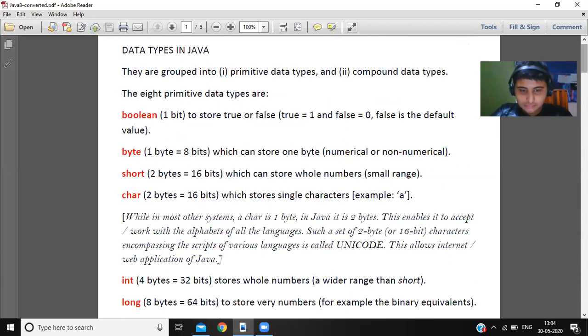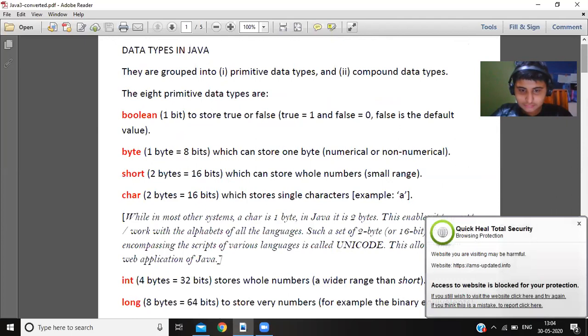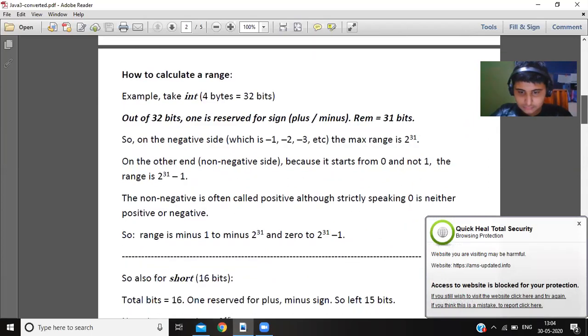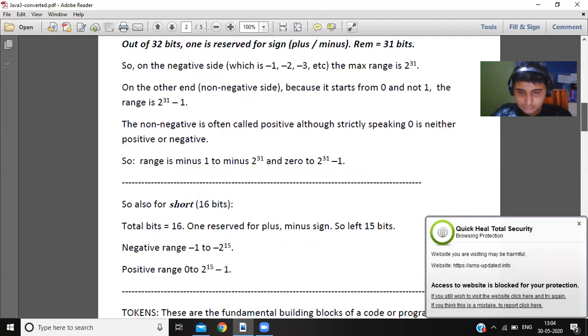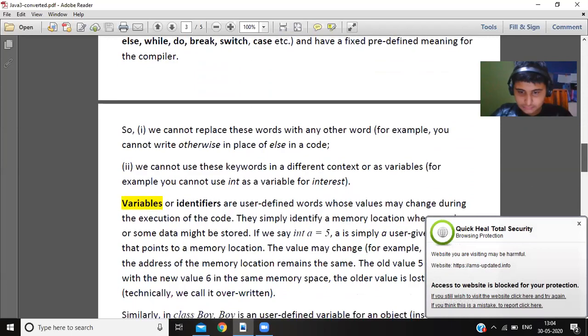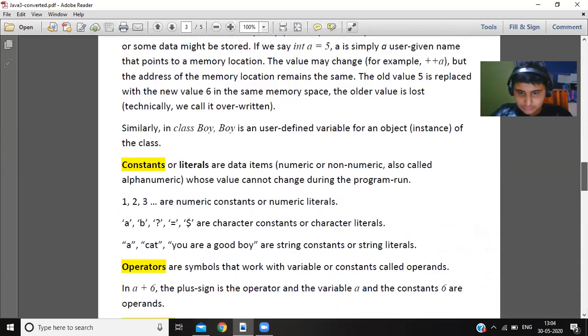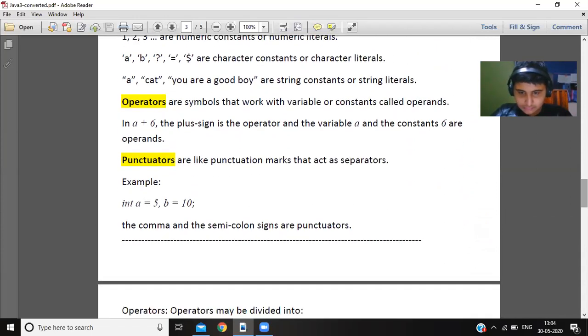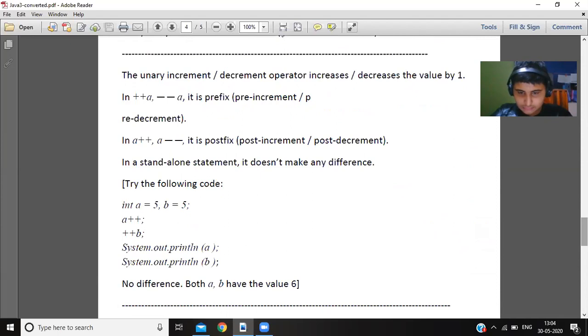Then that was operators. Data types and operators. That second part from here, data types you had. Up to this was data types. Then tokens. Then from here you had the operator. Increment, decrement, this is the operator part.